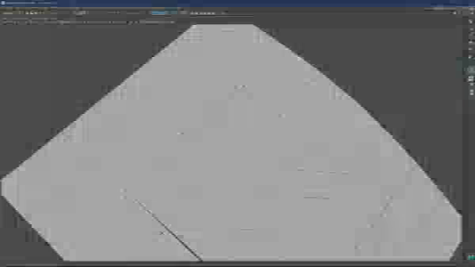If we did not practice on smaller, more simple examples, then we would not know what to do when a more complex example comes into place. So here we can do the same thing. Select these two, merge vertices to center.